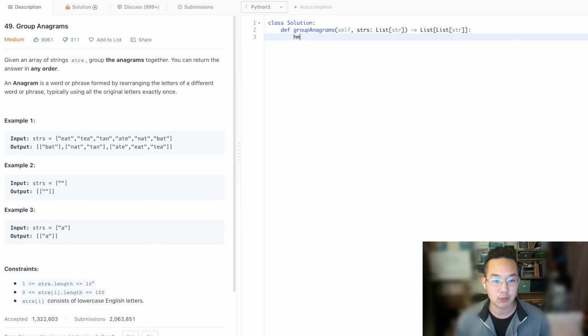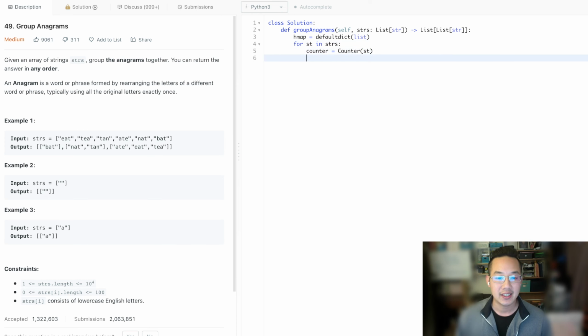I'm not sure if we can, but first we're going to use the default dictionary. This is very useful. The default dictionary allows us to purely append without having to create or check or anything. So that's wonderful. So what we're going to do is take each string in strings, and use a counter equals counter of this particular string, and then we're going to take a list of the counter dot values,